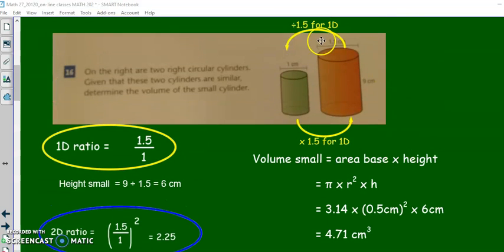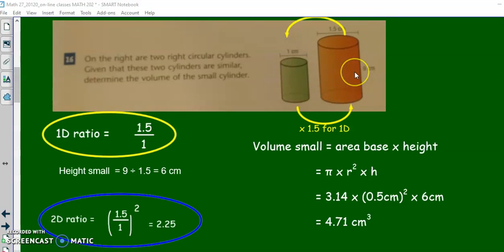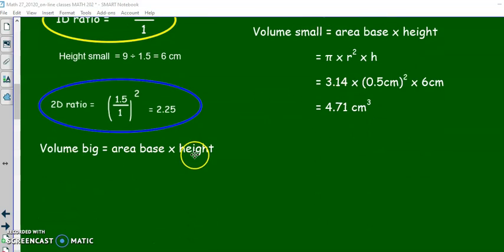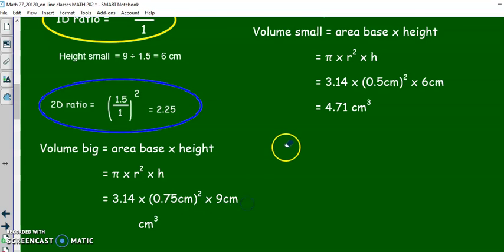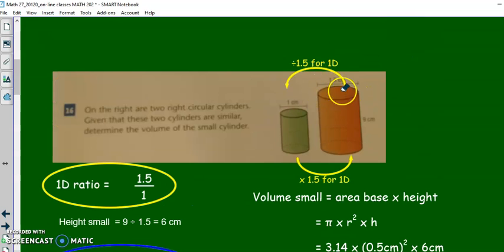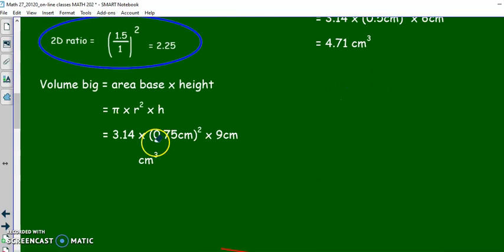If I look at the big one, I have the diameter and the height, so I can find the volume. Let's find the volume of the big one. It's the area of the base times the height, pi r squared times the height. This time the radius is 0.75, because 1.5 divided by 2 is 0.75. So 0.75 squared times the height, which is 9, and I get that the volume of the big cylinder is 15.9